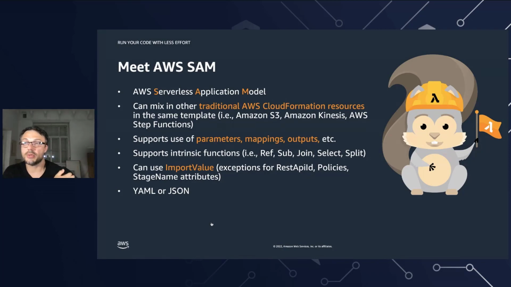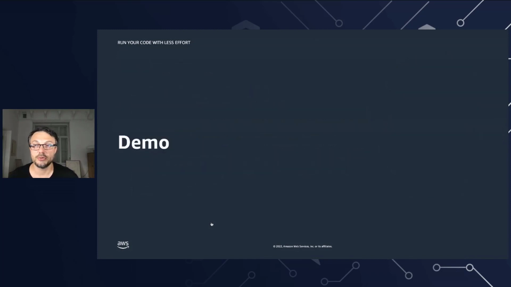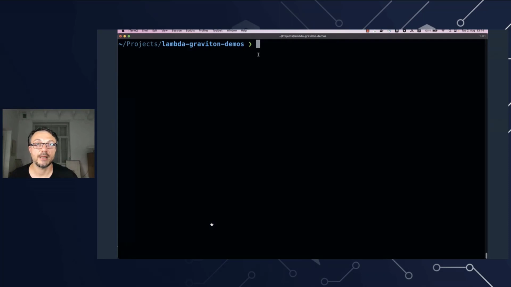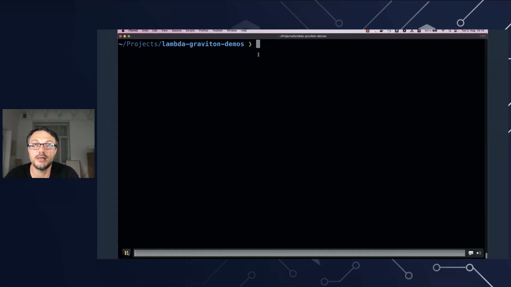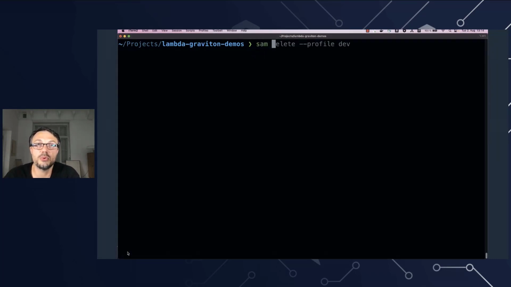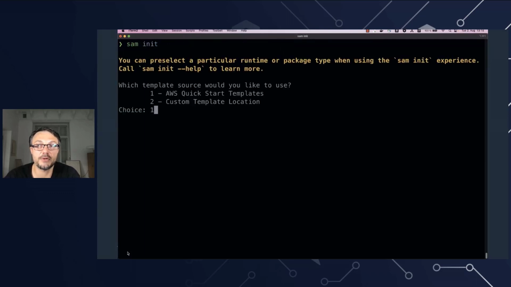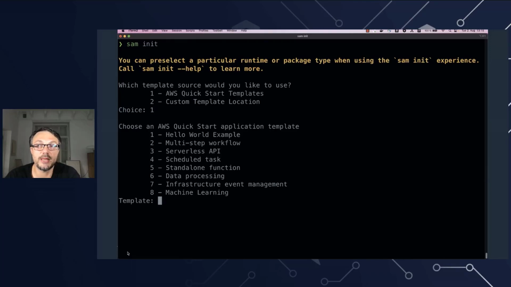This is a framework which helps you a lot with building and creating different serverless applications. And let's see how we can, for example, create a simple CRUD API with the help of SAM and API Gateway, DynamoDB, and a couple of Lambda functions. To do that, I will be using SAM, and SAM also has a CLI, which allows you to run different commands in your command line. And for example, if you run SAM init, you will have this